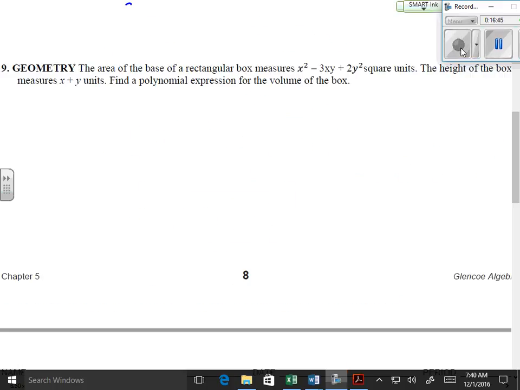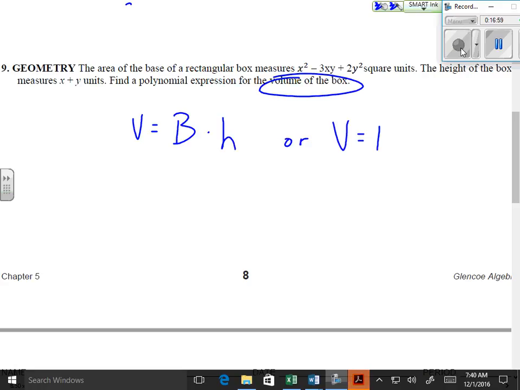All right, number 9, we're trying to find the volume of the box. Volume is equal to the area of the base times the height, or it's length times width times height. But length times width is the area of the base. The base is a rectangle, area of a rectangle is length times width. So they don't give us the length and width, they go ahead and give us the result of length times width. They give us the area of the base. And then they give us the height. So we need to multiply the area of the base